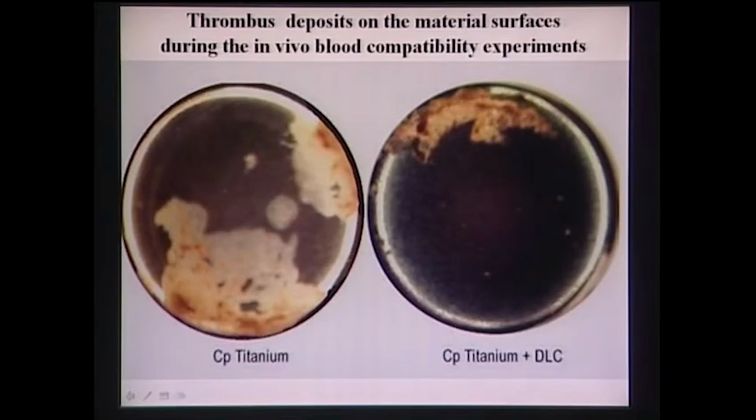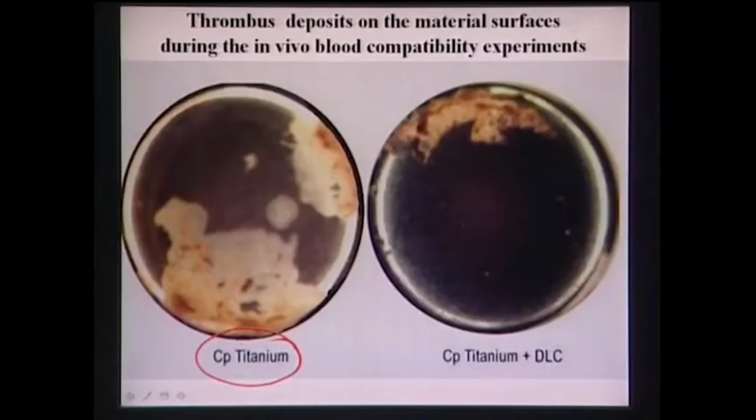Now there are two materials that are shown. One is CP titanium. CP means commercially pure titanium. The second one is commercially pure titanium plus DLC coating. DLC stands for diamond like carbon. So that means that diamond like carbon is coated on the titanium surface, but your base surface is the same titanium,